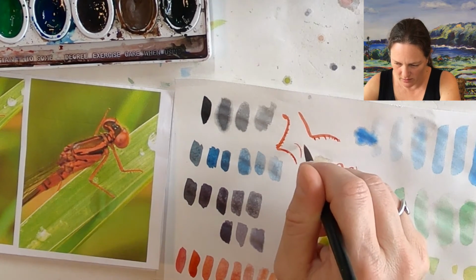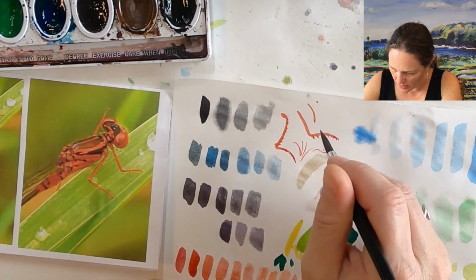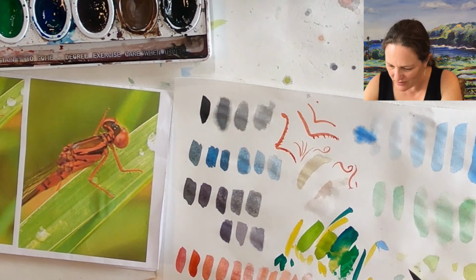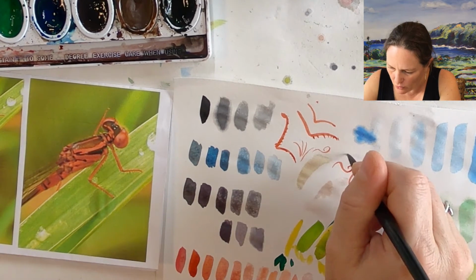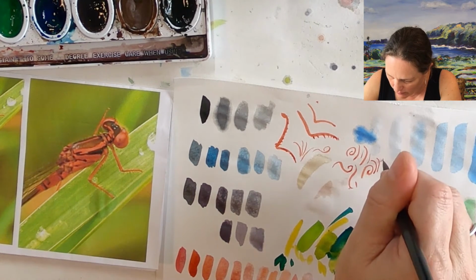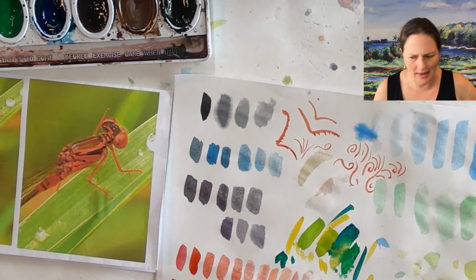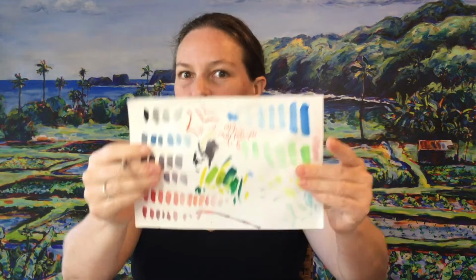So I'm practicing those skinny lines so that when I need them, I can use them. So, good to practice with those colors that I made. I will have some skinny parts, and so I'm warming up, getting to know the brush that I'm using. How skinny a mark can I make? So this paper is all for experiments. Everything that you think might be the most challenging in painting your native animal portrait. Try out those colors, try out those strokes, and when you think you've got it, one more time, just to